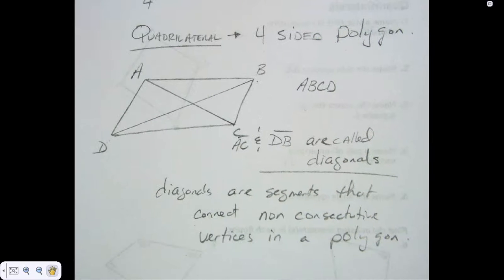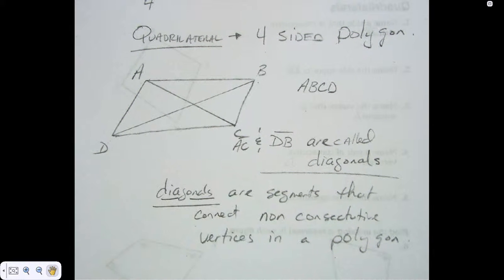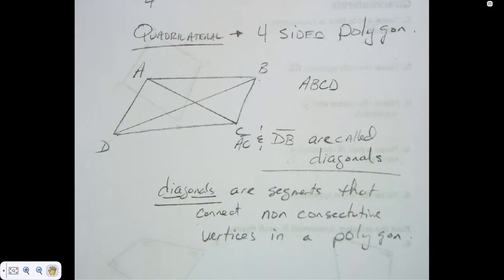Can anybody tell me why we didn't talk about diagonals when we were talking about triangles? Because we have medians. Ponder on that for a second. By definition, diagonals are segments that connect non-consecutive vertices in a polygon. Because it's all consecutive, all the angles. Exactly. In a triangle,